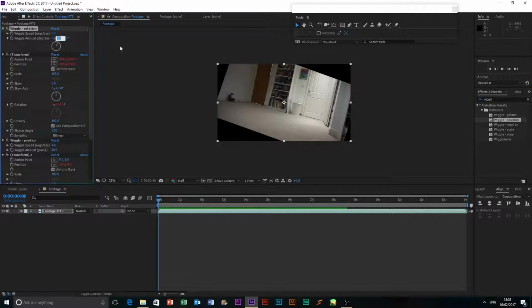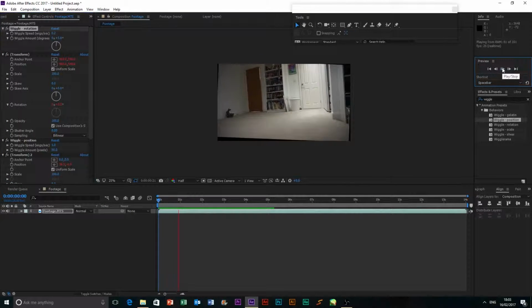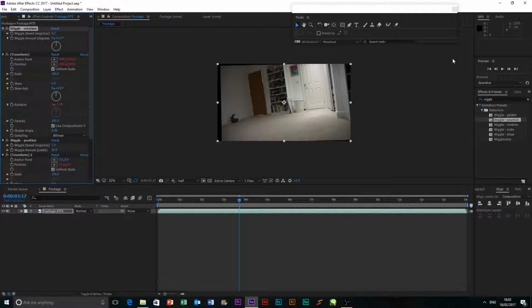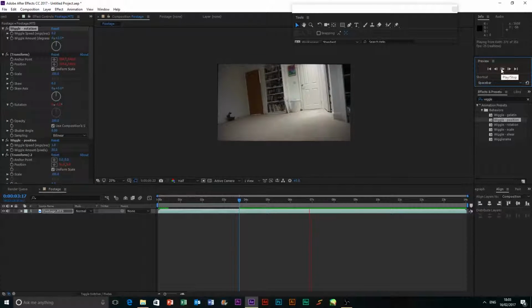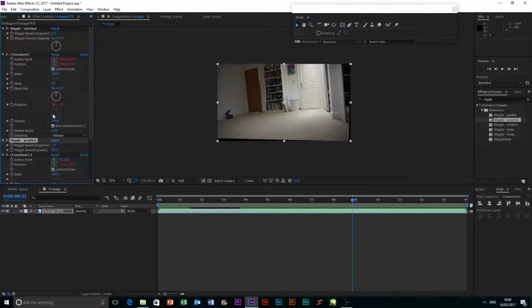And then we'll turn the amount down to maybe like 5. Maybe 2.5. Okay, so we got some good rotation there. So then we got the position. I'm going to put that down to